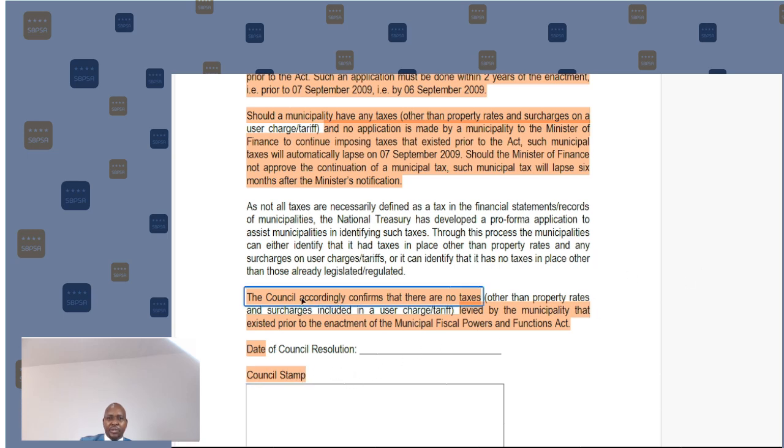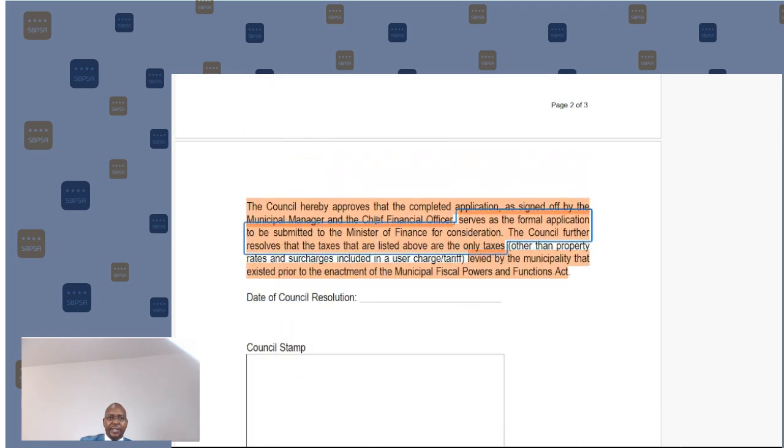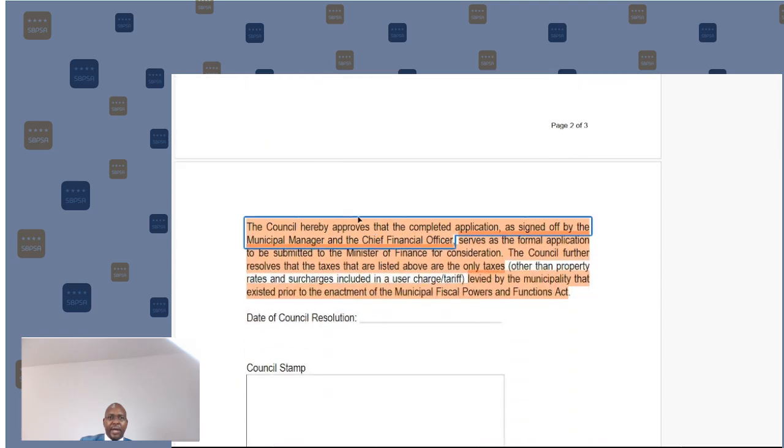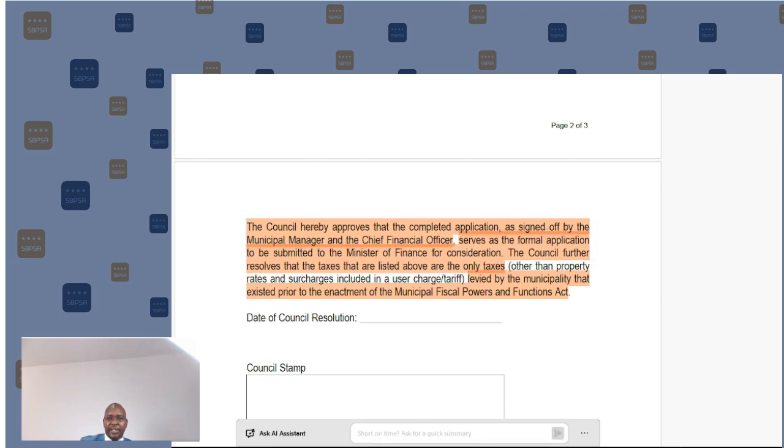Okay, so this part of the annexure is the confirmation, and this part of annexure J is the approval of the previous taxes. So that's where these two annexures significantly differ. So then that takes care of K. Let us go now to